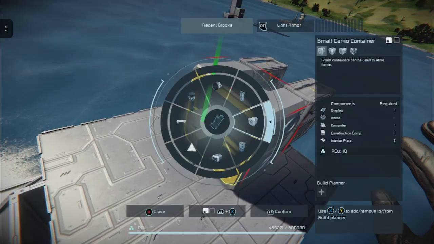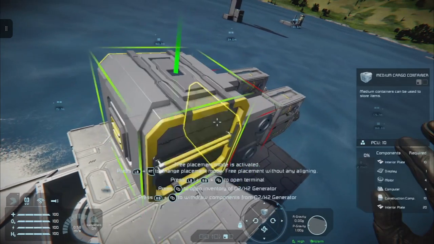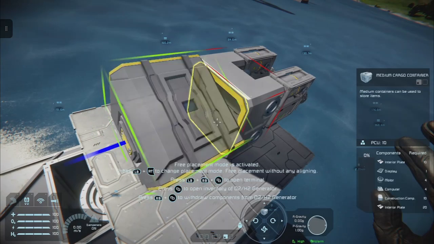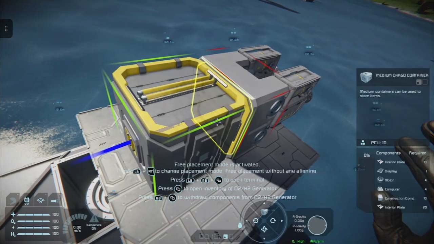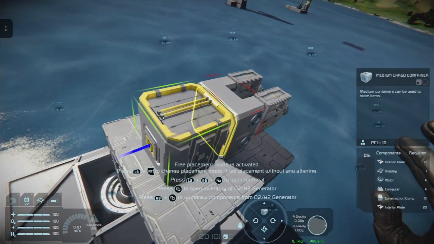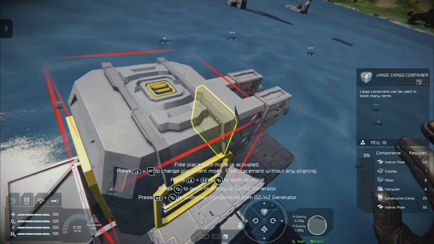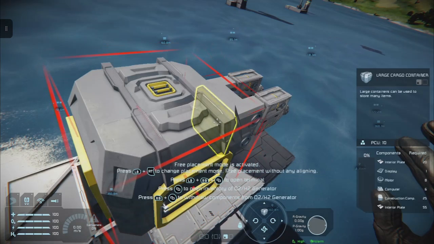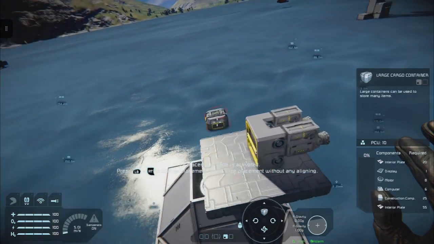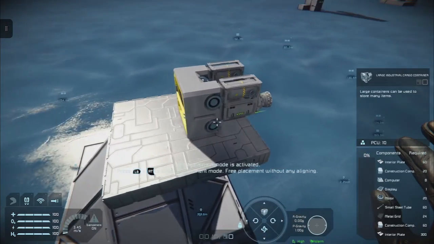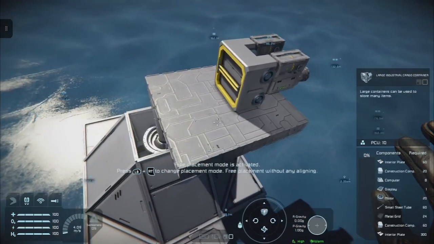What we need, again, is our cargo container, but we want to think our cargo container through a bit more. Now if we do it like this, we're not going to get any hydrogen at all to our system. Now a large cargo container isn't going to fit there because of the way we've got the platform.